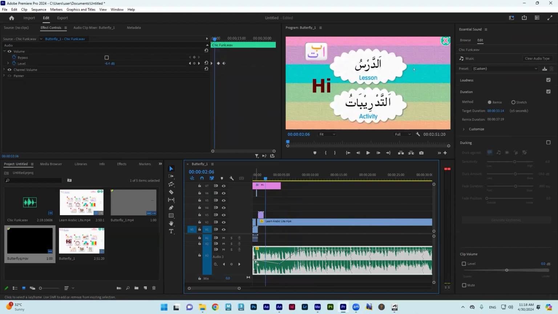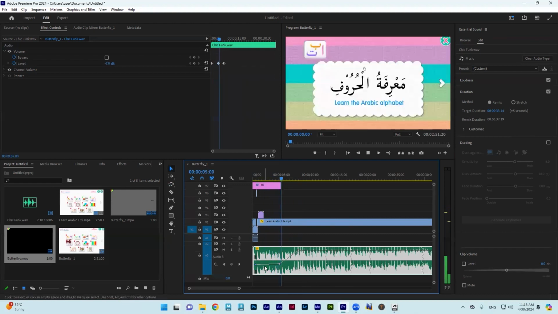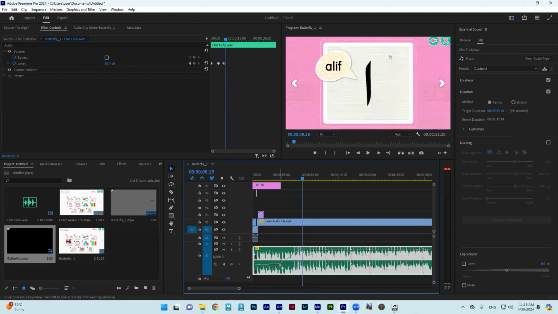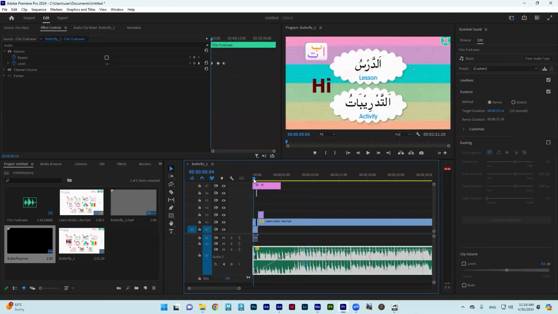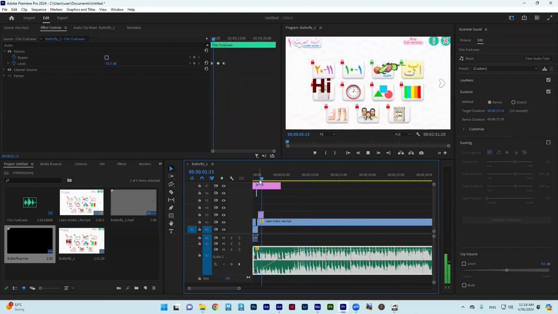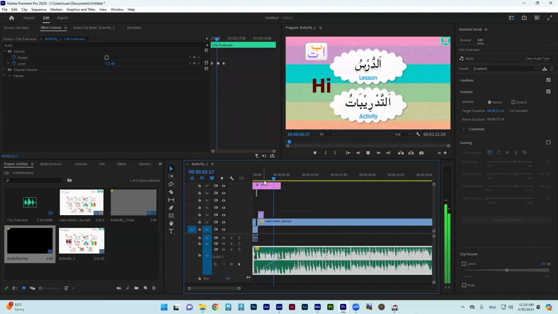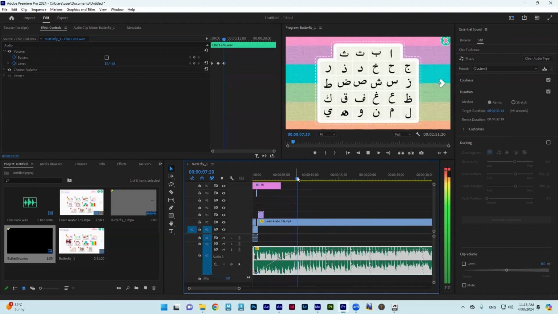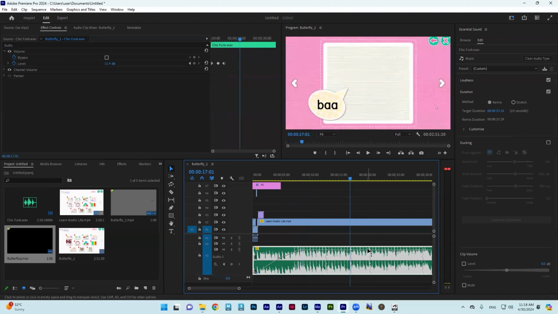Of course, you can reduce it more to add some fade in and fade out. You can add it also to the beginning. Control to add a point, and then, for example, if I want to add a fade out here,